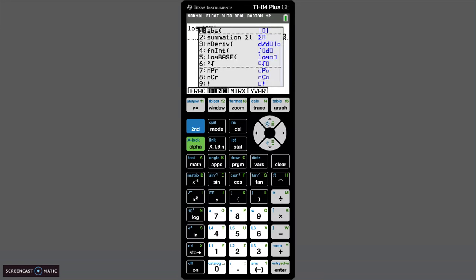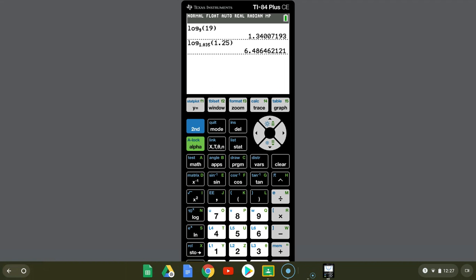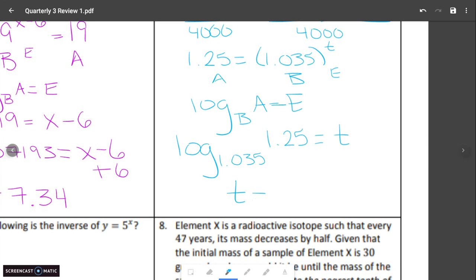Alpha, window, choice 5, type in the log that we are dealing with, and there is your answer. This question said to the nearest year. So whenever it's telling you to round to a specific